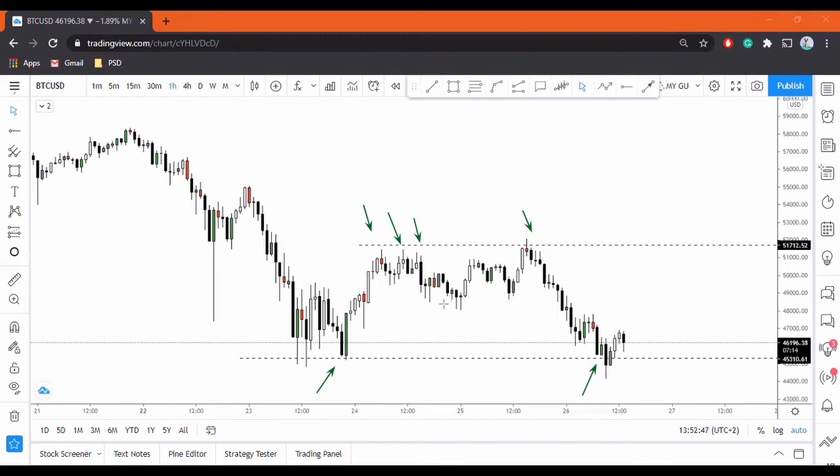So when you have identified your range, now look to your left and see if the market was trending down or up. If it was trending down and then you see a range, it's most likely going to continue down. If it was trending up and you see a range, it's most likely going to continue up. That's where you get your trade. So it's just identifying if the market was trending, and if you see a range, highlight your range